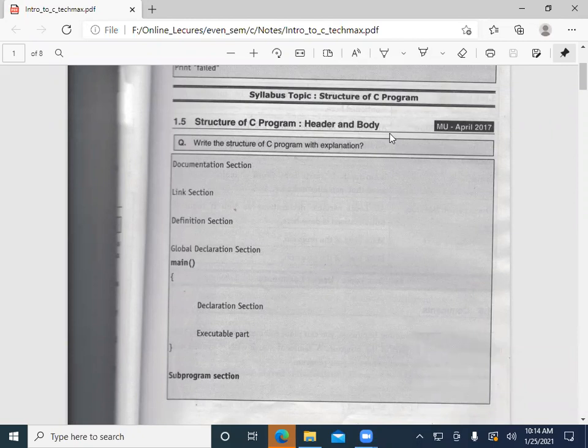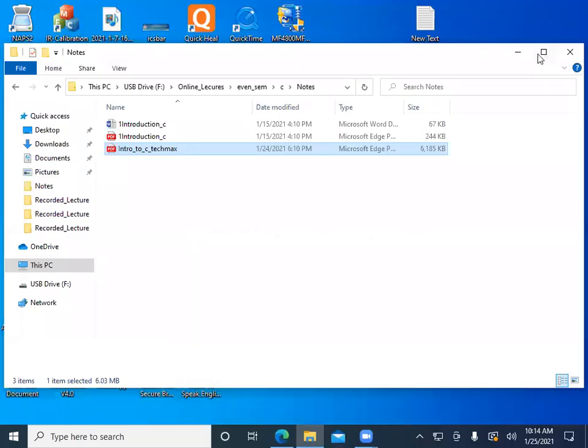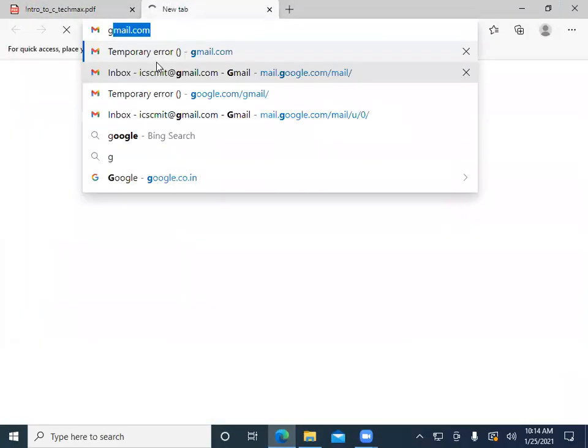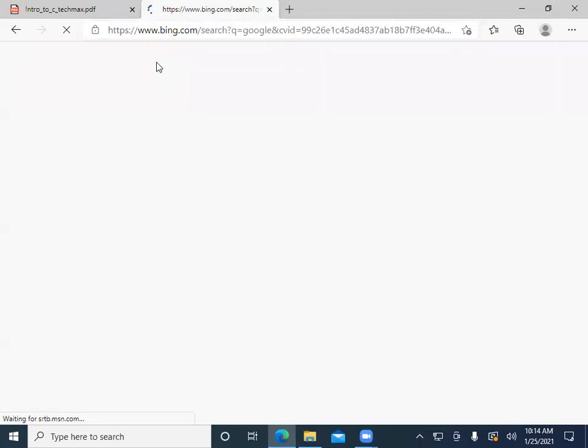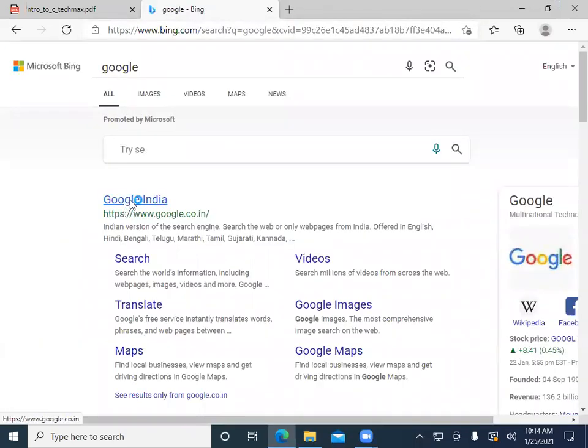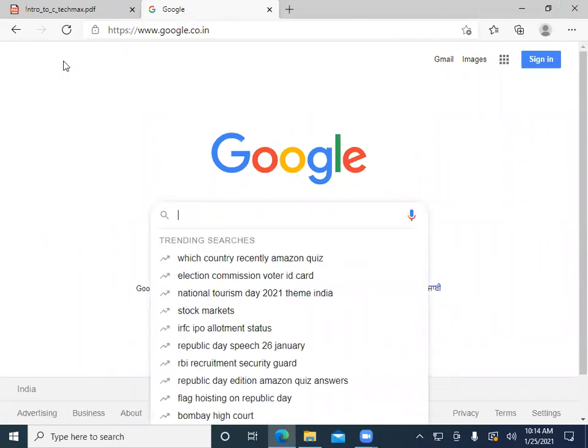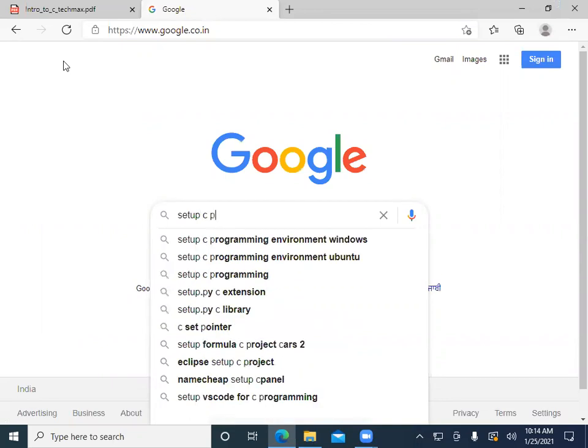Before that, we must know that to write a C program, we require the C installer, or we can say the C software, which we can easily download from the internet. So just go to Google and type there setup C program,